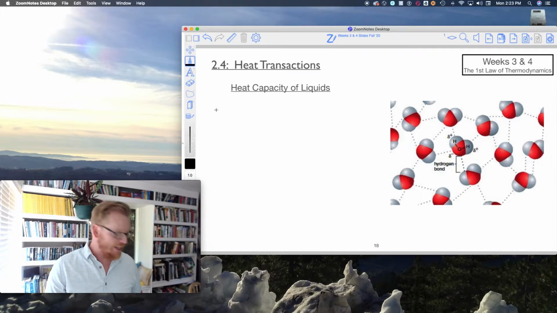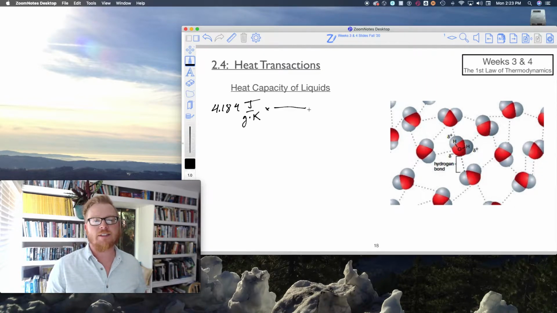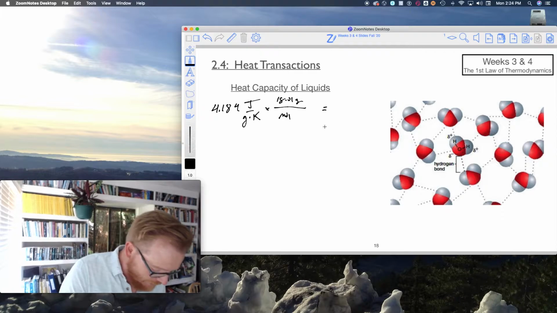We know the specific heat of water is, I'll say, 4.184 joule per gram per Kelvin. We know that's the same as joule per gram per degree C. Okay. What if I now want to convert this into joule per mole? Well, I know water is about 18.01 grams per mole. So when I do that with 4 sig figs,